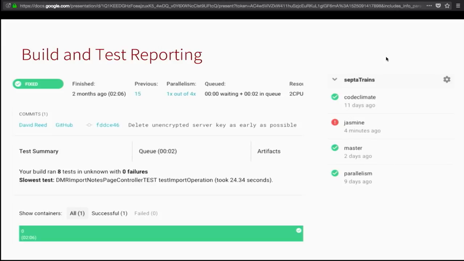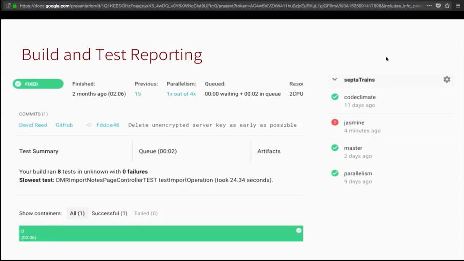We also get that snapshot that I mentioned earlier, where we see all of the branches that are part of our project, feature branches, sprint branches, what have you, and what their current status is. We've got one branch that's having a problem right now, but master is green, so we're good there. And we have a couple of other feature branches that look like they could potentially be merged in. They're ready to move forward. All of our tests are passing.